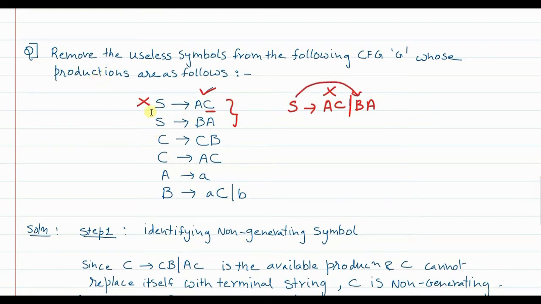So the first thing is I will have to remove this, because C is involved on the right hand side of the start production. Although I am removing this production, the start production will still remain. S gives BA will remain. Then, on the left hand side as well as on the right hand side of this particular production, there is C involved, so I am going to remove this production also. For this production also, on the left hand side as well as right hand side there is C involved. Since C is non-generating, I will have to remove this production also.